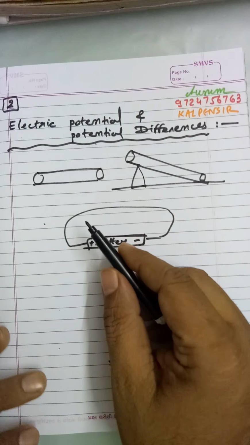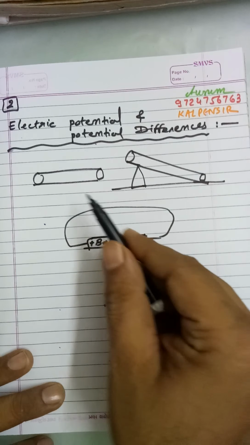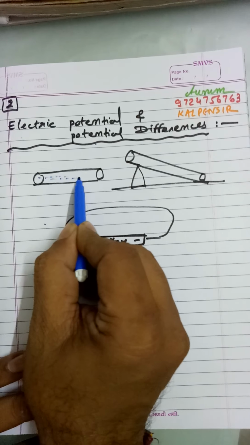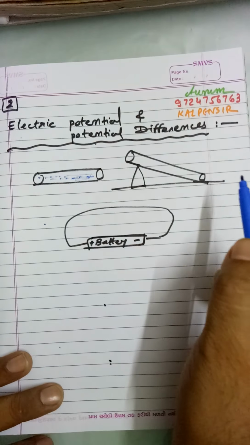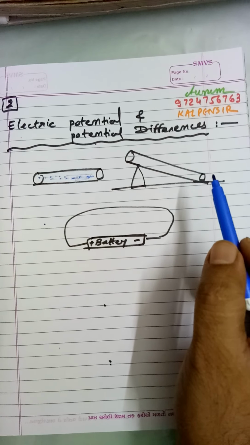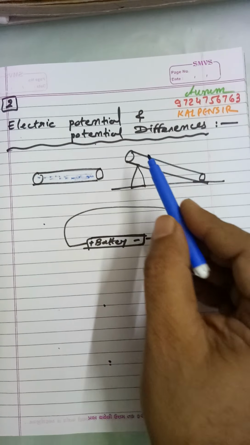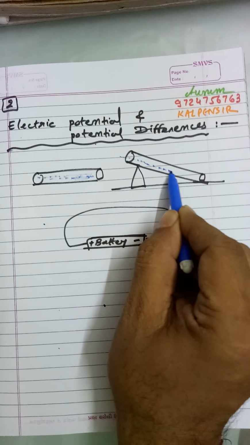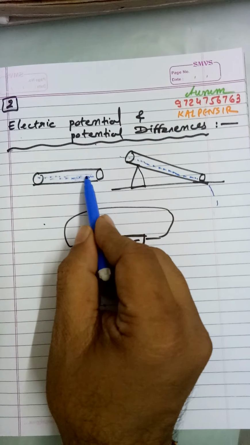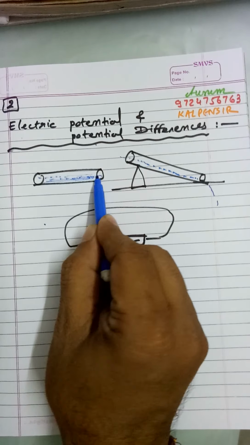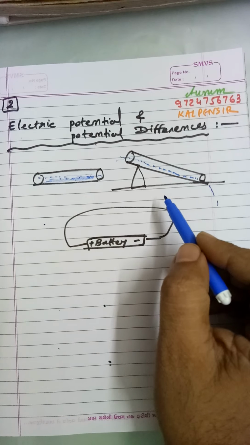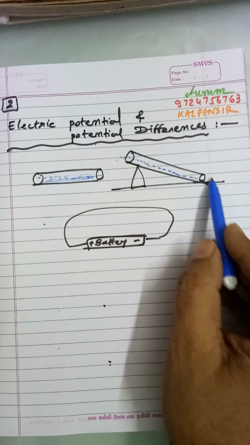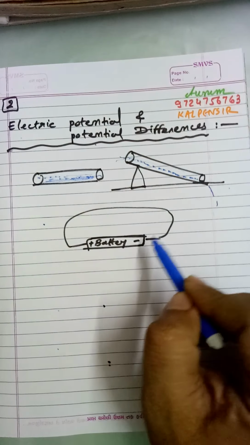In this diagram, you can see water flowing through a tube. The blue color is the water flowing through the tube. It is only possible when there is high pressure of water on one side and low pressure on the other side. Here water flow is not possible, here water flow can be possible. So it will move from high pressure to low pressure.